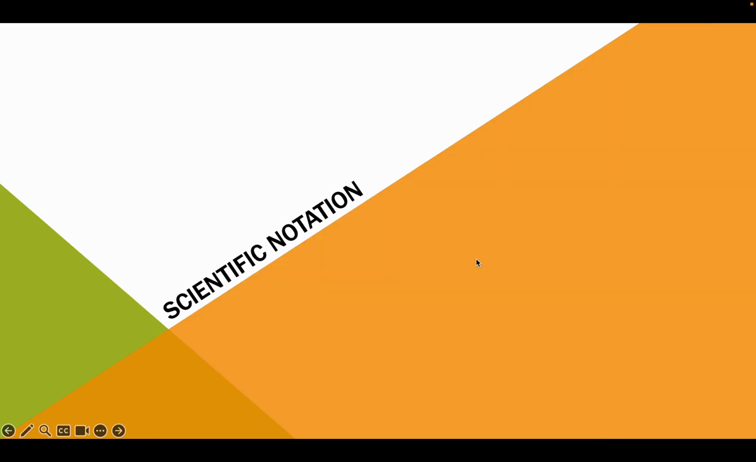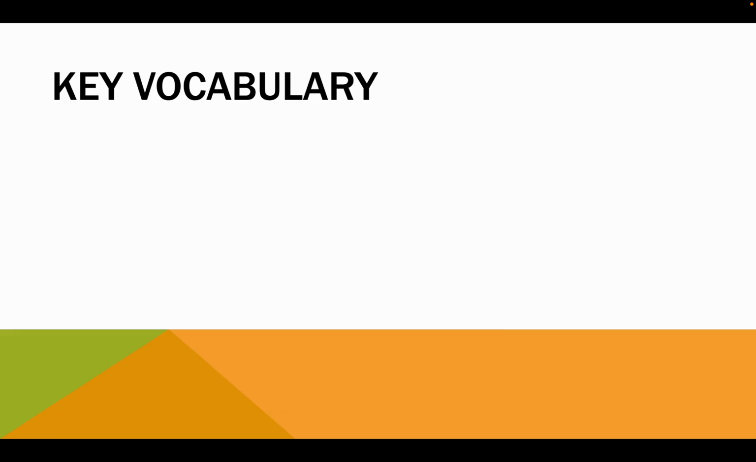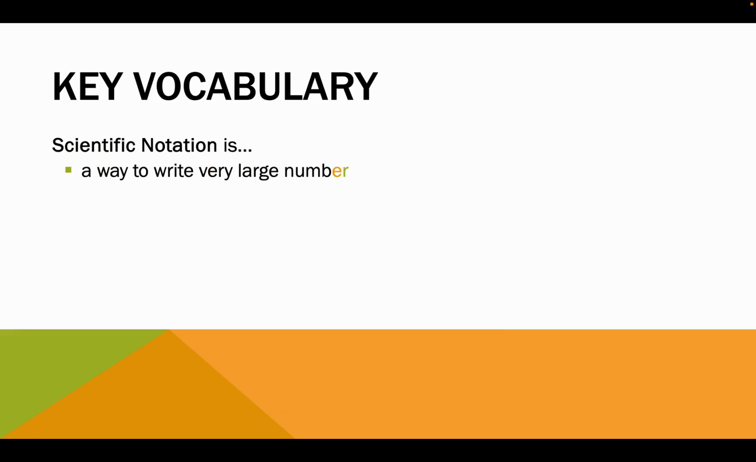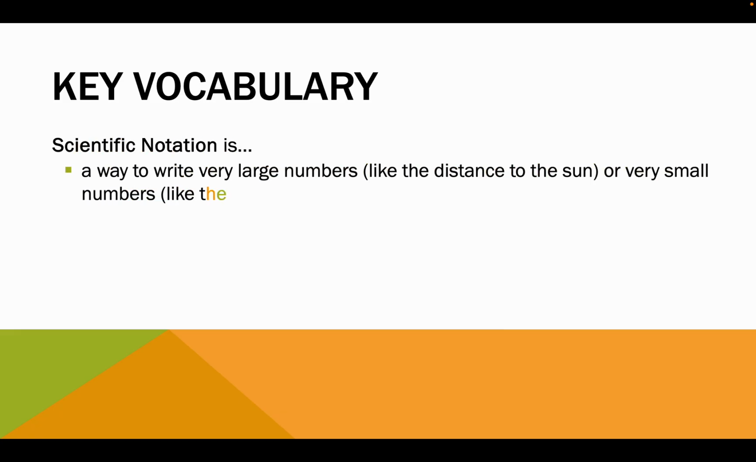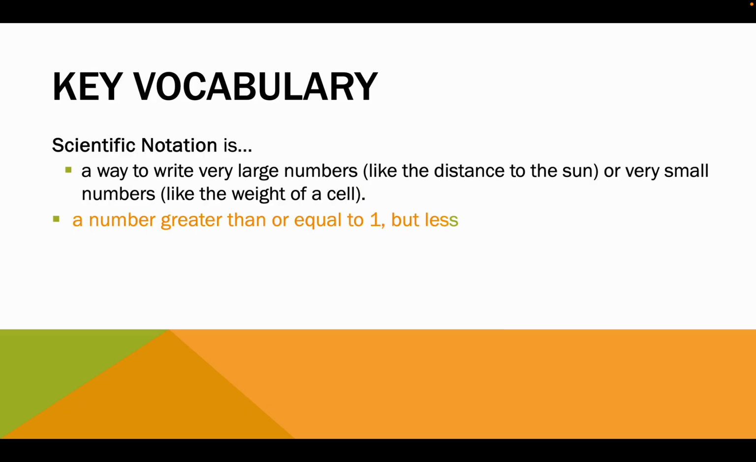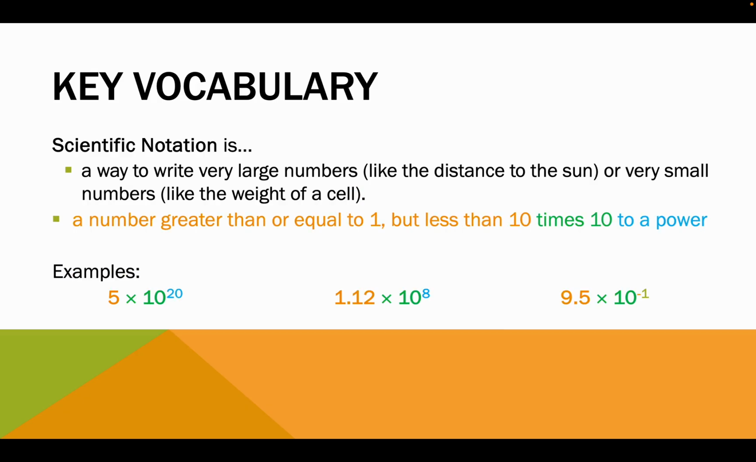In this video, you will learn about scientific notation. What is scientific notation? It is a way of writing very, very large numbers, like the distance to the sun, or very small numbers, like the weight of a cell. The purpose of writing something in scientific notation is to eliminate repetitive zeros that make the numbers really, really, really